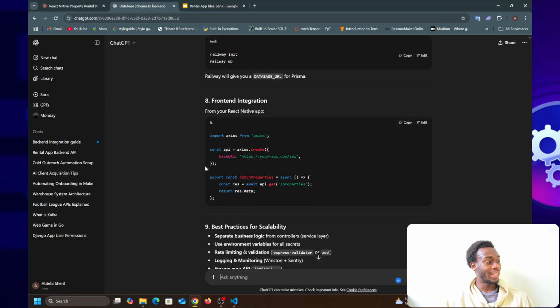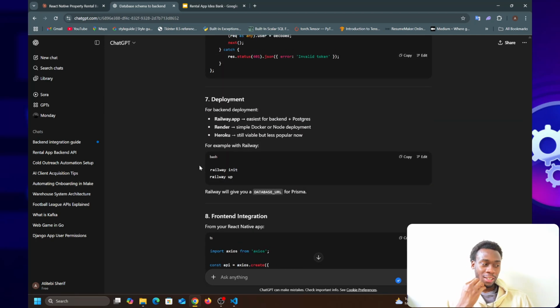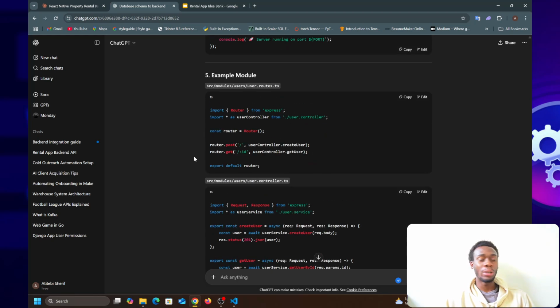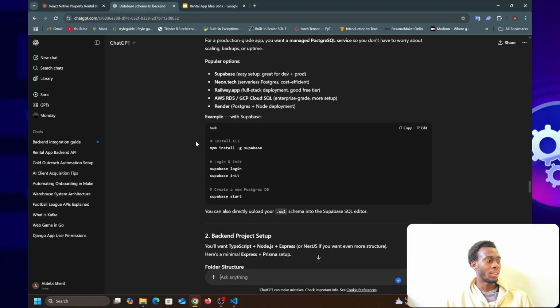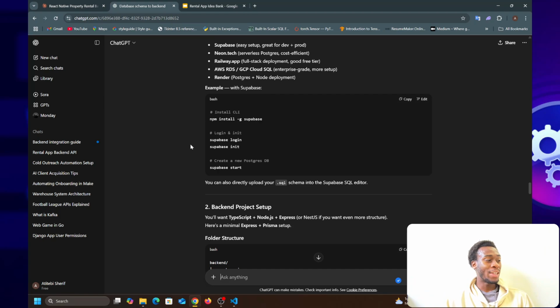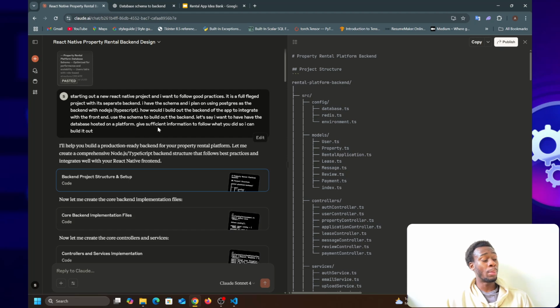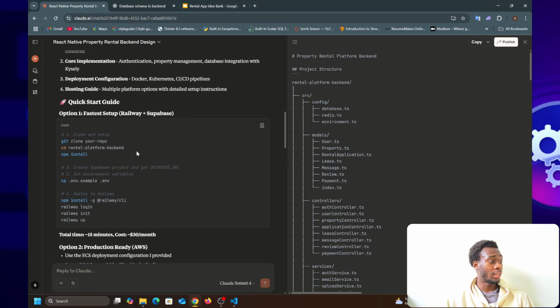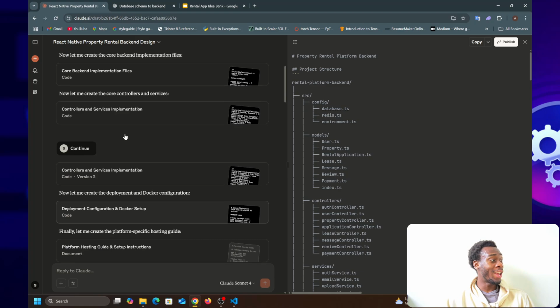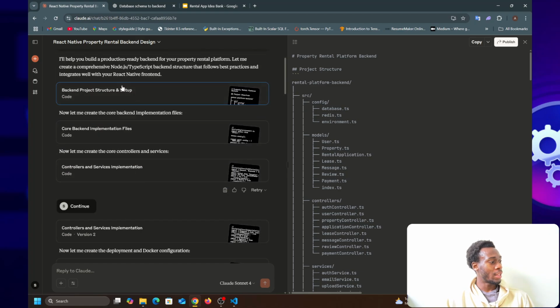Well, as you can see, the difference between the response of GPT-5, which is meant to be quote unquote new and the best, and the response here is mediocre at best compared to the same prompt I used with Claude. It gave me a whole project setup and structure.